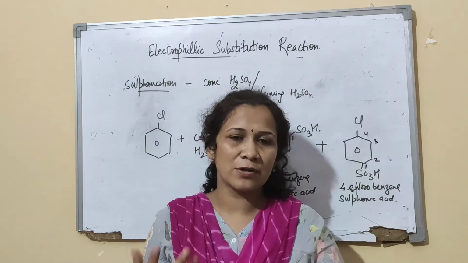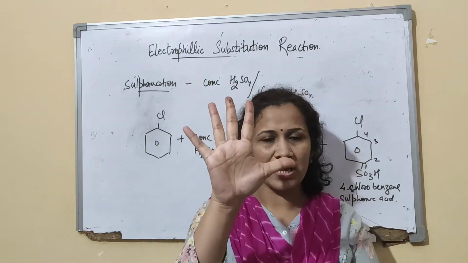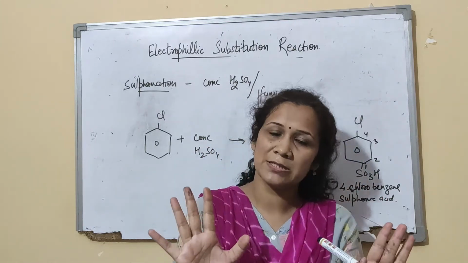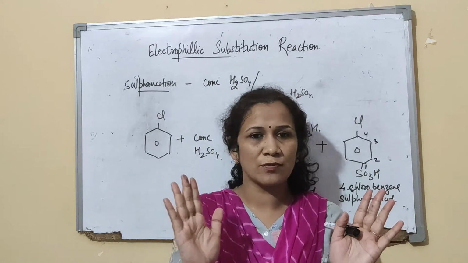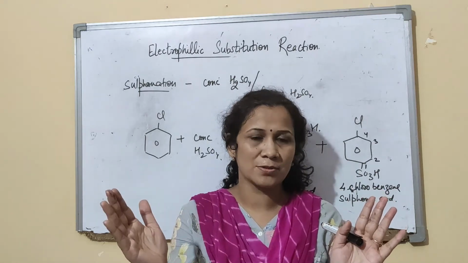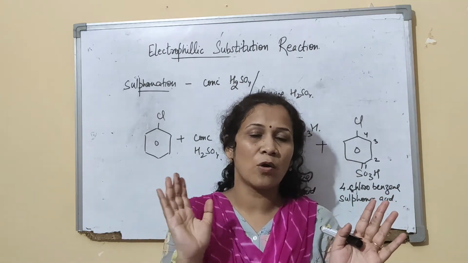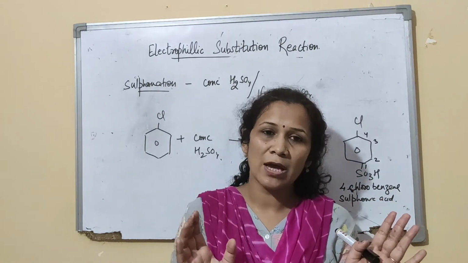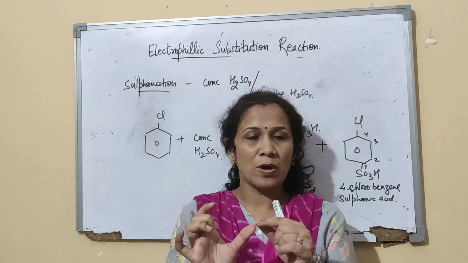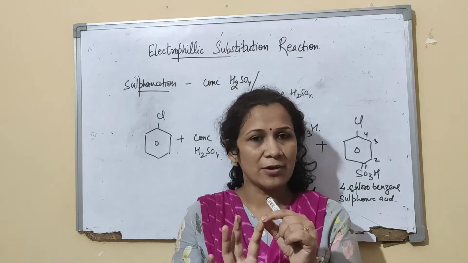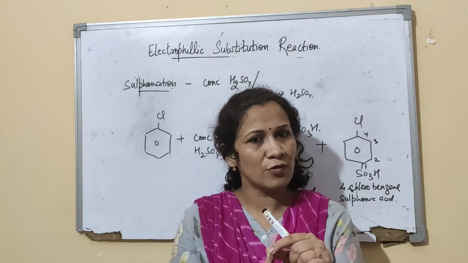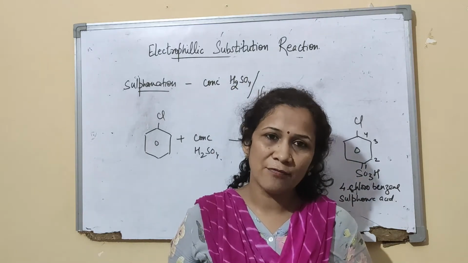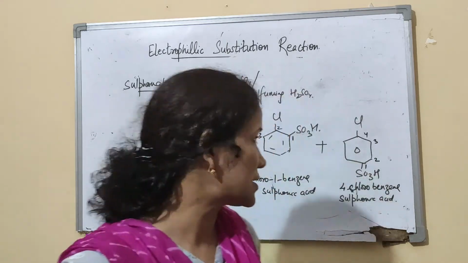So we studied electrophilic substitution. I told you there are 5 reactions. We have done halogenation. The reagents will stay always the same. Only the conditions will differ from compound to compound. Because haloalkanes are ortho-para directing groups and they are deactivated, we are using drastic conditions. So halogenation, then we had nitration, then we had sulfonation, and then the next comes Friedel-Crafts alkylation and Friedel-Crafts acylation. That we will just see.